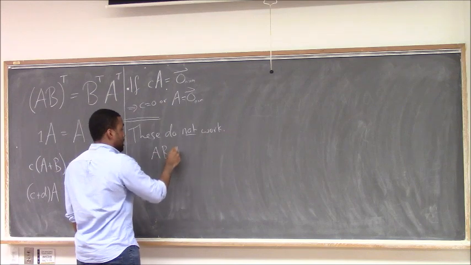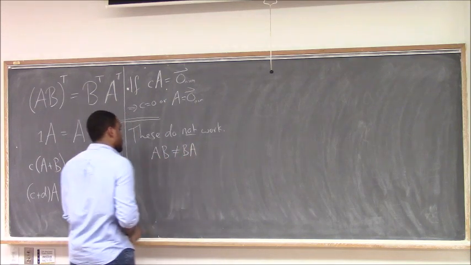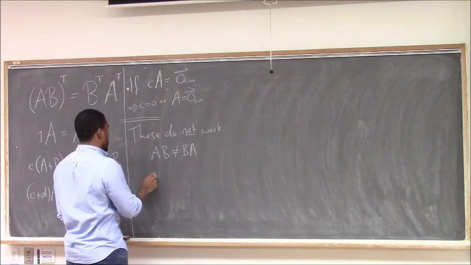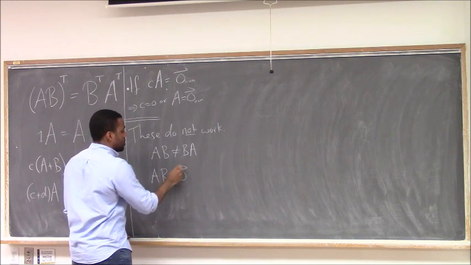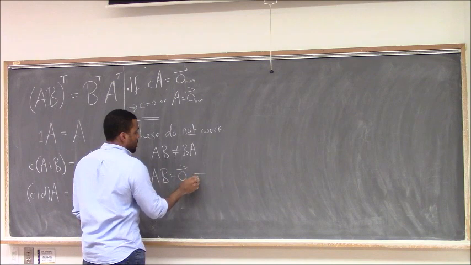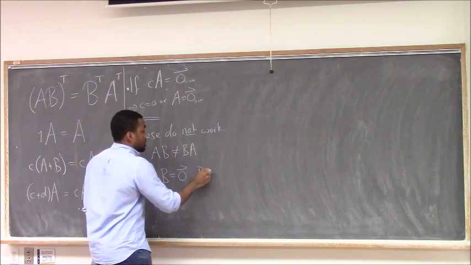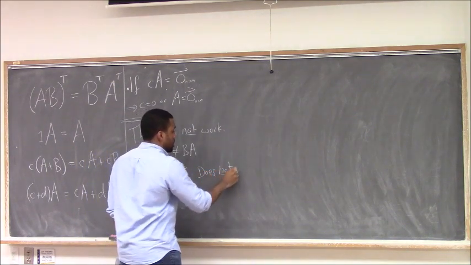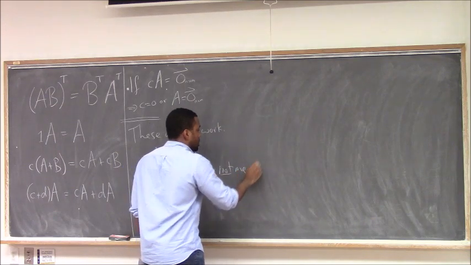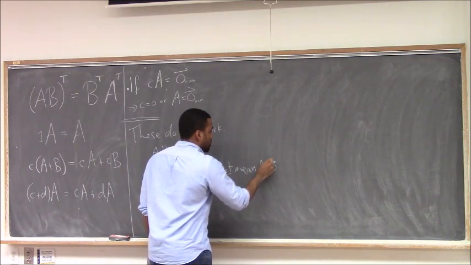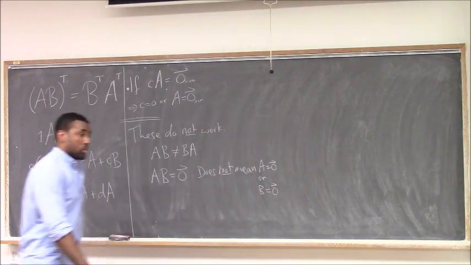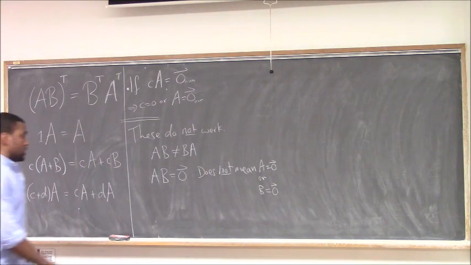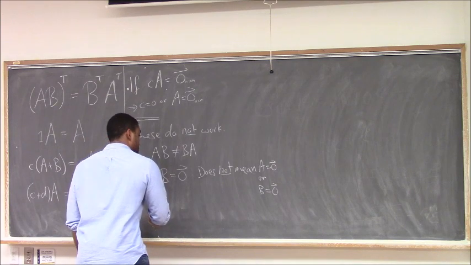A times B is not the same as B times A. If you have A times B equals 0, that does not mean A equals 0 or B equals 0. You can have two non-zero matrices that when you multiply them you get a zero matrix. As well as